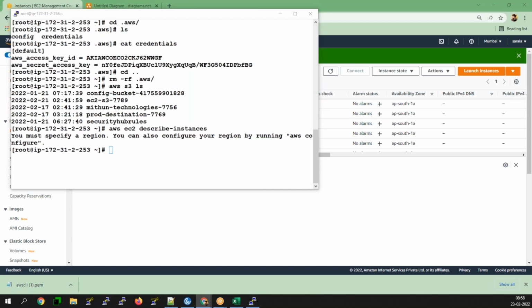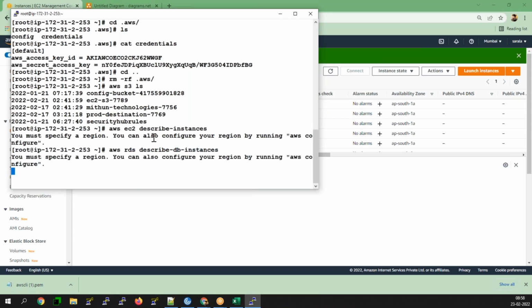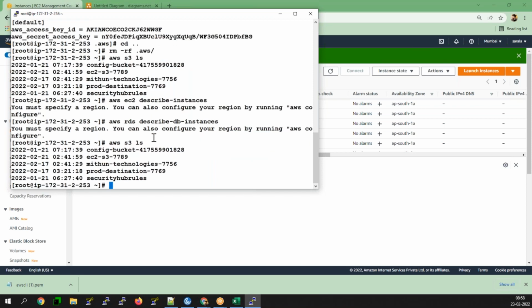No, I cannot. If I use aws rds describe-db-instances, you cannot do it. Only AWS S3 works, because my role provides access only to S3 resources, not to other resources.